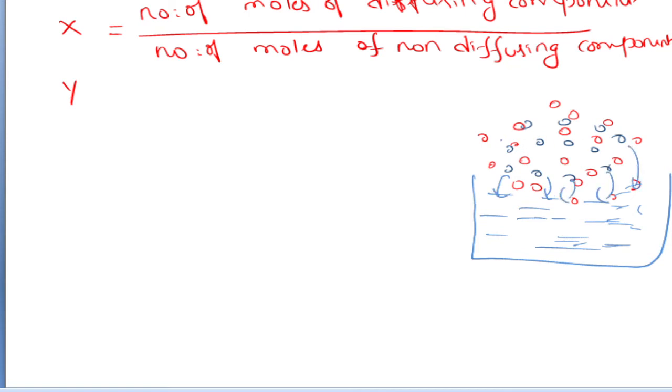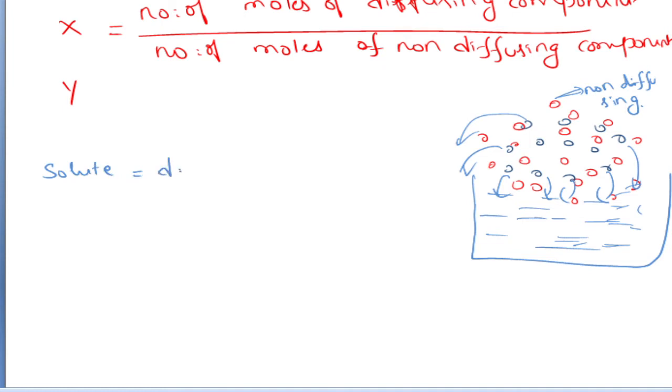So, when this gaseous mixture is brought into contact with this solvent, then the solute particles are transferred or attracted towards this solvent, right. That means if you see, these blue color particles denote the solute or diffusing component, and these red color particles denote the non-diffusing component. That means these are not being transferred from one phase to another phase. They are just acting as a carrier. So, you can say that solute is the diffusing component.